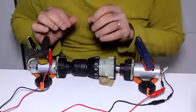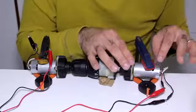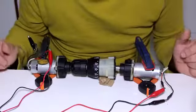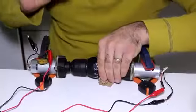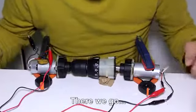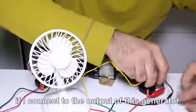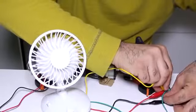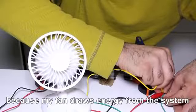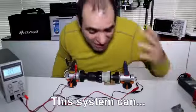Now the speed of the motor is amplified by 10 times through this gearbox that turns the generator faster, making more electricity and turning the motor faster. So the system can go on forever. Let's give it a try. There we go. I can even turn on my fan if I connect to the output of the generator. But you see that the speed of the system drops because my fan draws energy from the system. This is awesome! The system...